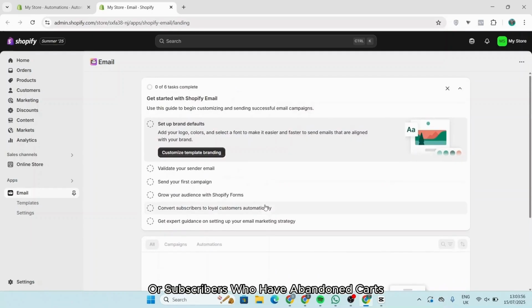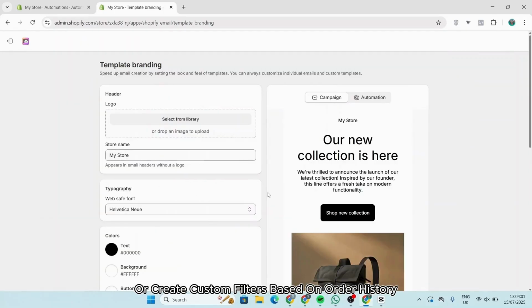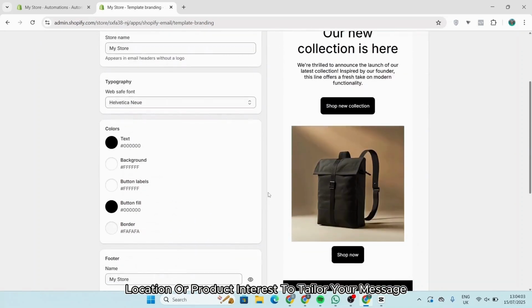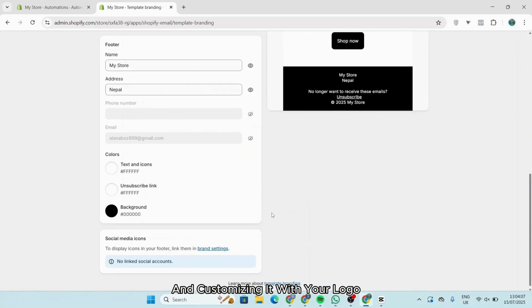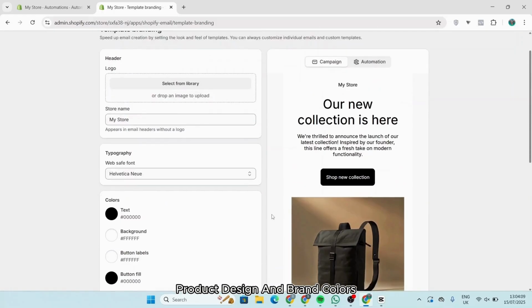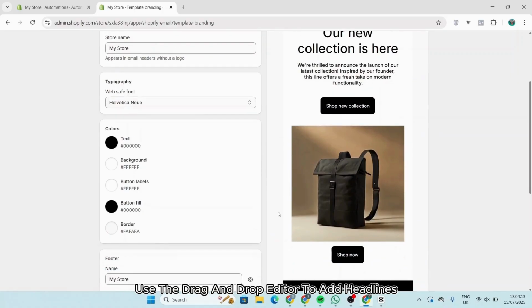have abandoned carts. Use the default segment or create custom filters based on order history, location, or product interest to tailor your message. Then design your email by picking a template and customizing it with your logo, product design, and brand colors. Use the drag and drop editor to add headlines, rich text, and buttons that link directly to your